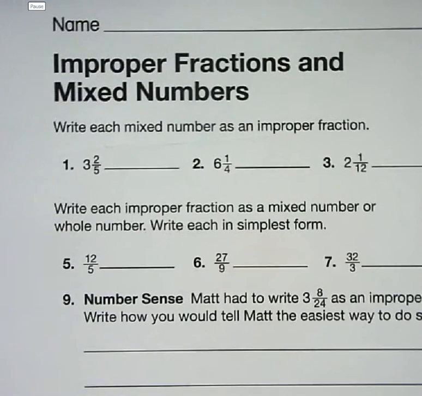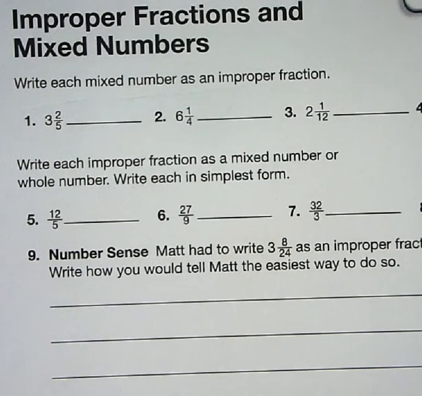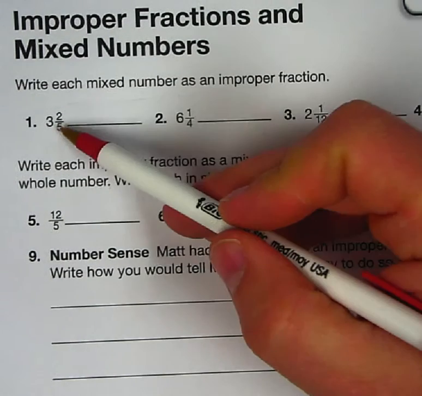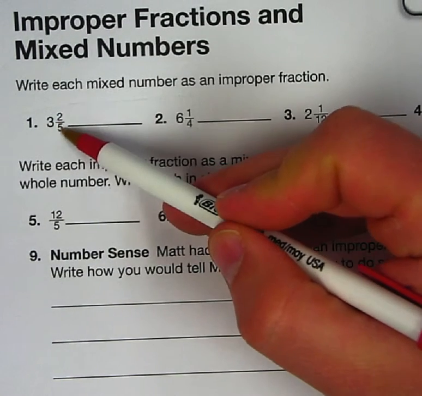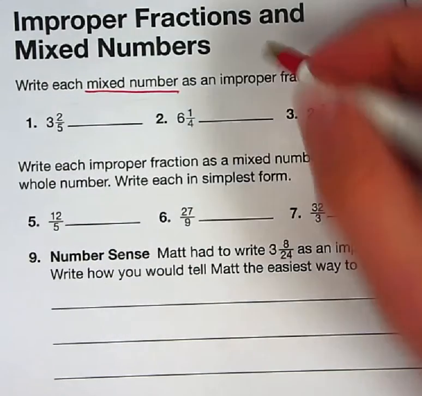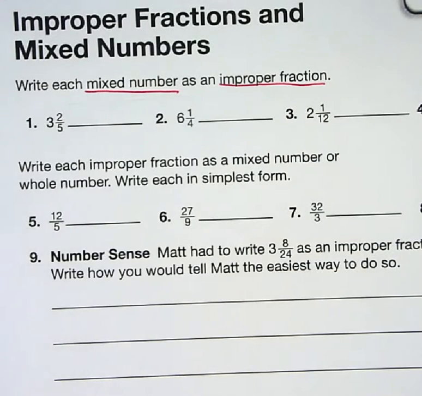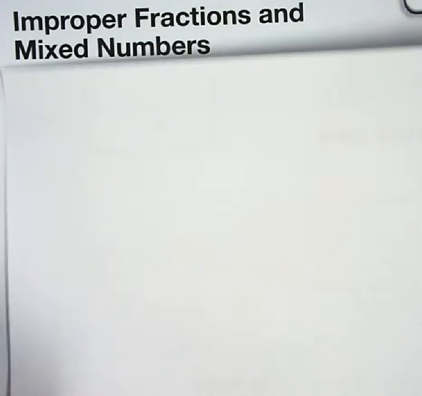Now I'm going to go ahead and do 2 problems for you real quick just to get you started on your homework, and then you can do the rest at home. Okay, number 1 is 3 2/5. Again, this is a mixed number, and we're going to convert it to an improper fraction. So we're going to switch it around. I'm going to write that on a bigger piece of paper so you can see it better. It's 3